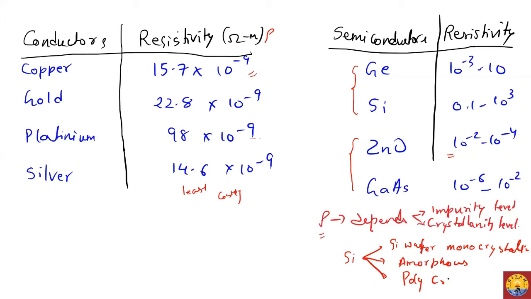Okay, so these are the different forms that silicon can exist in, and most of our devices like LEDs or LCDs, which we form by using silicon, use polycrystalline material because monocrystalline is difficult to make. Amorphous is not very useful for device purposes. So polycrystalline is used for device purposes. For our purpose, we need to know that semiconductor resistivity values are in the range of 10 to the power minus 3 to 10 to the power 3, so it's less than 10 ohm meters.